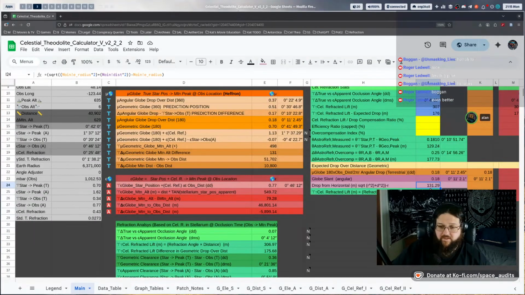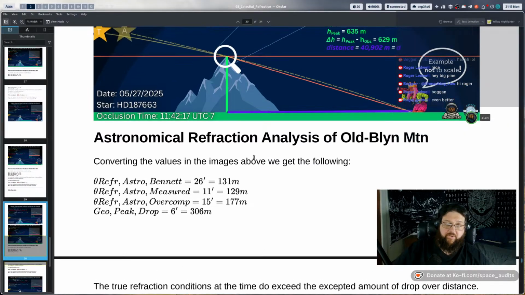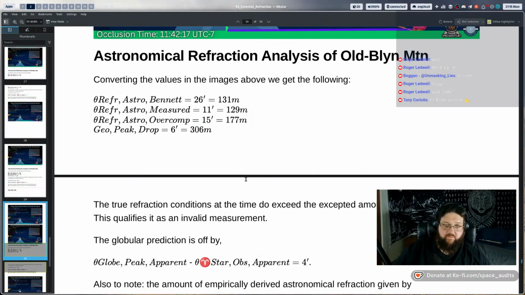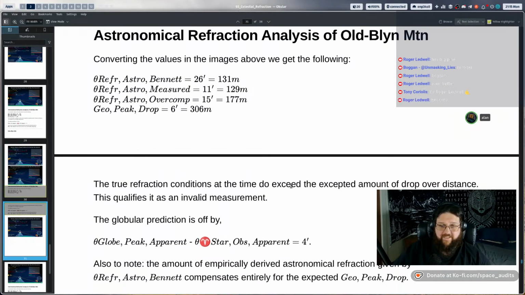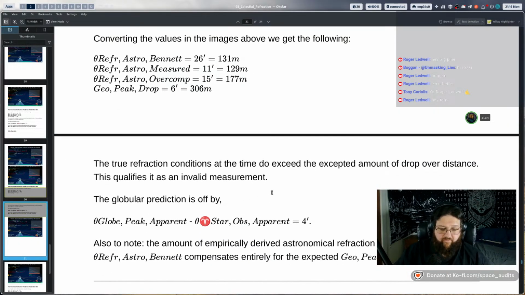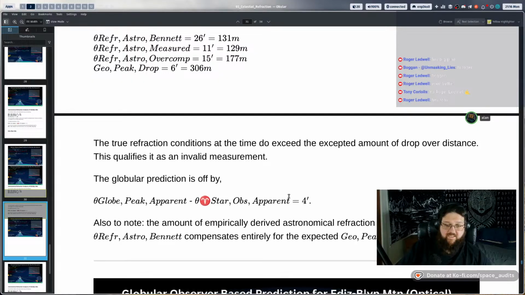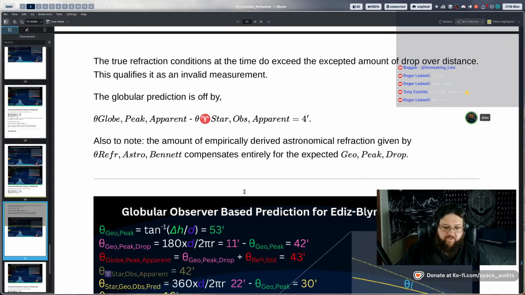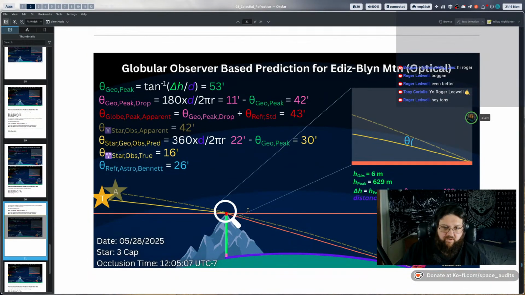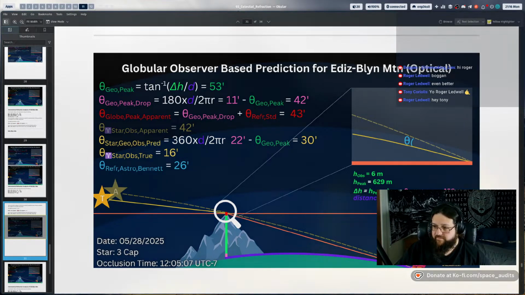So these measurements are not valid to determine whether or not the Earth is flat or a globe, because the refraction amount compensates entirely for the drop over distance. So if that amount exceeds it, how can it then be said that the Earth is a globe, or that the Earth is flat based off of that measurement? If it's literally refracted too much to tell the difference, to make it indistinguishable, it compensated exactly for the drop over distance. So invalid use of the theodolite, essentially.